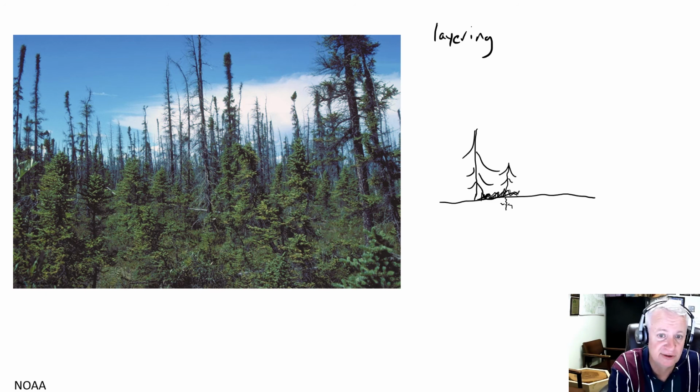Layering is also done commercially by some nursery growers. They will tie branches to the ground and cover them with moss and keep it moist, and that will produce genetically identical plants. So it's used horticulturally as well, but it occurs naturally in spruce. And you know, one theme that you may have picked up here, but I want to point out if you haven't, is that vegetative reproduction